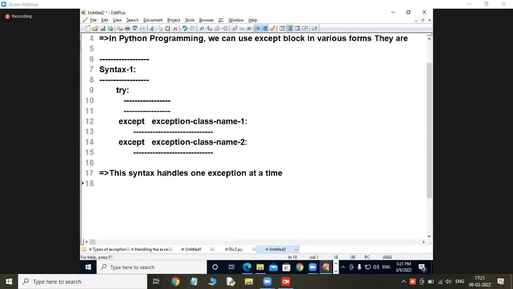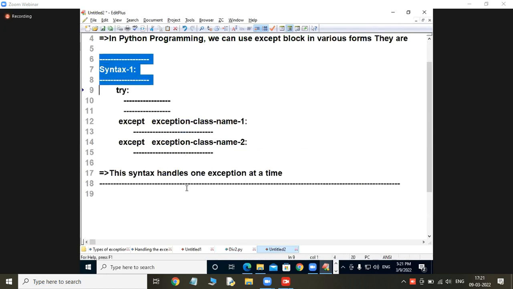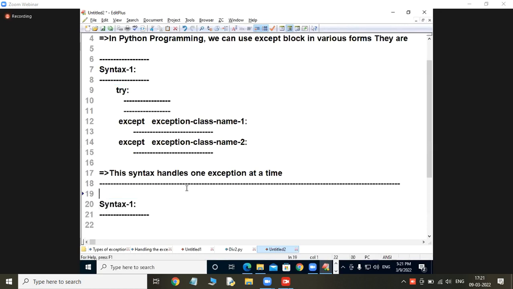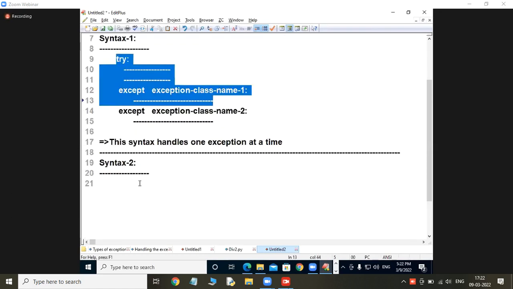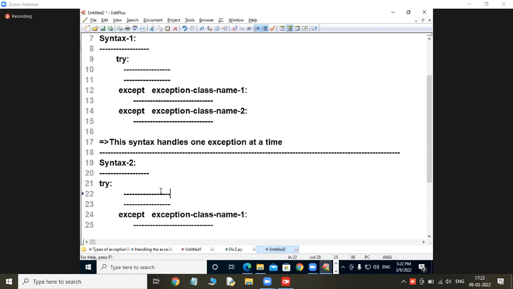Next, we can also go for this type of syntax. Look, students, this is also one more useful thing for you. If you like it, go for this one, or otherwise go for syntax number 2. What is this syntax's speciality? Same to same. I will write it. Try, then the except block.